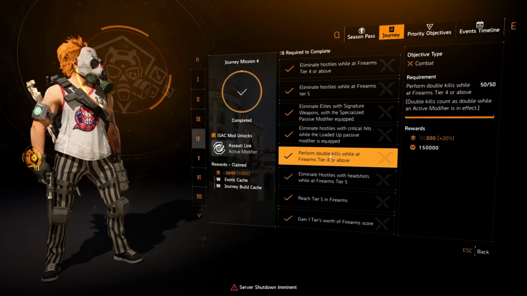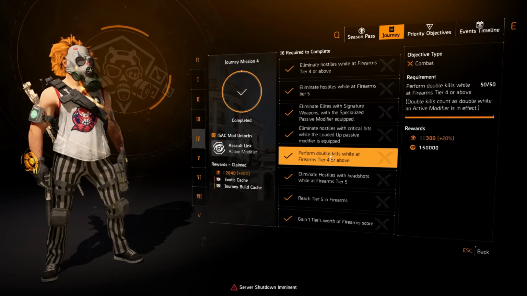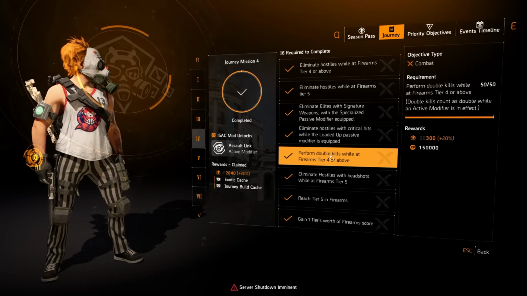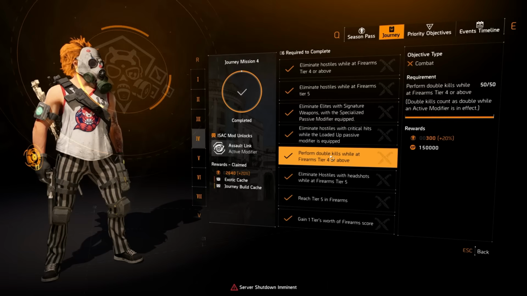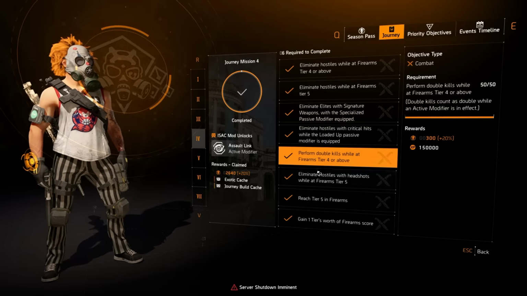So just run a skill build, put the difficulty on story even, drop the difficulty as low as you want to make sure these ads die very, very easily. Again, get to firearms tier 4 or above, and just let your cluster mines get double kills in every single area. You'll have this before you know it. The next objective is